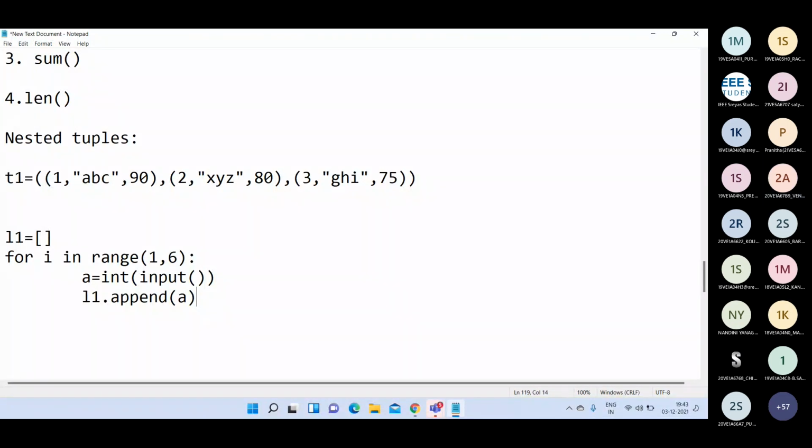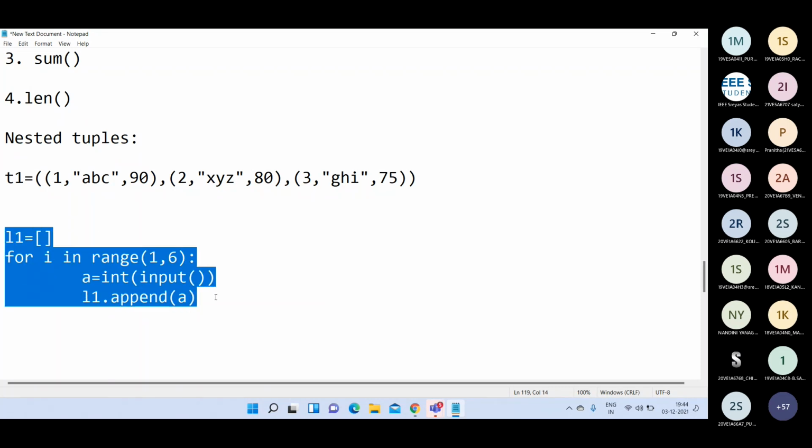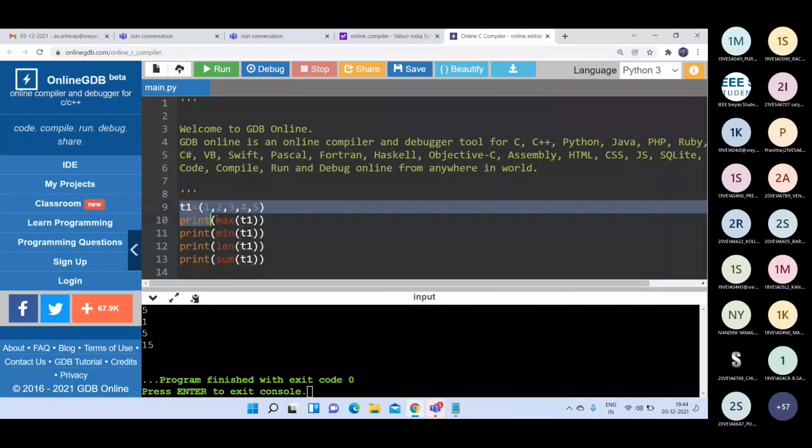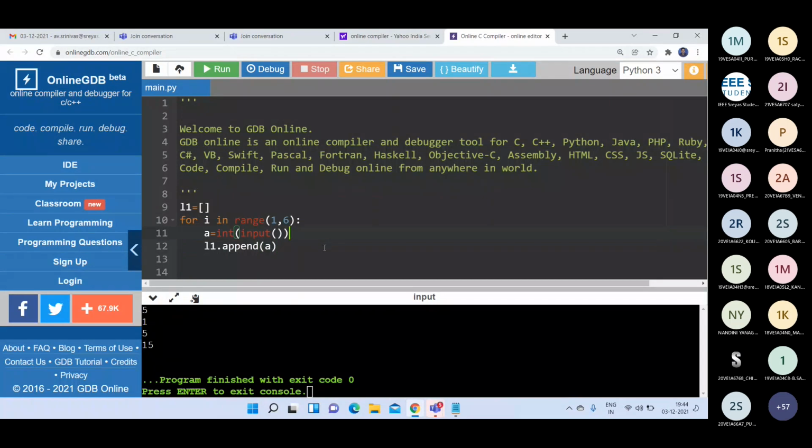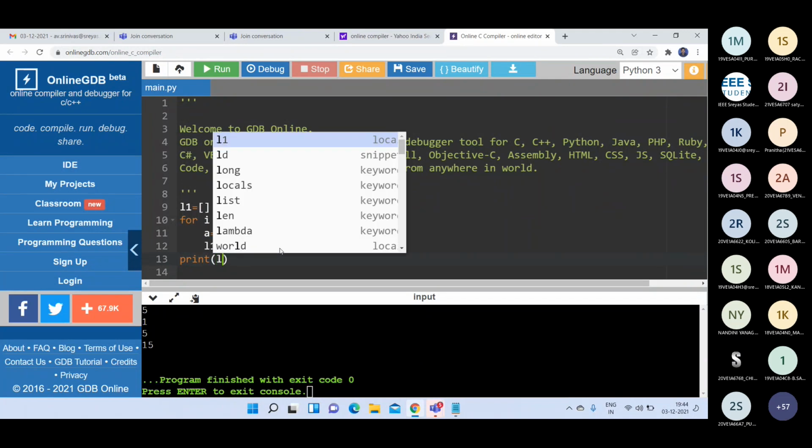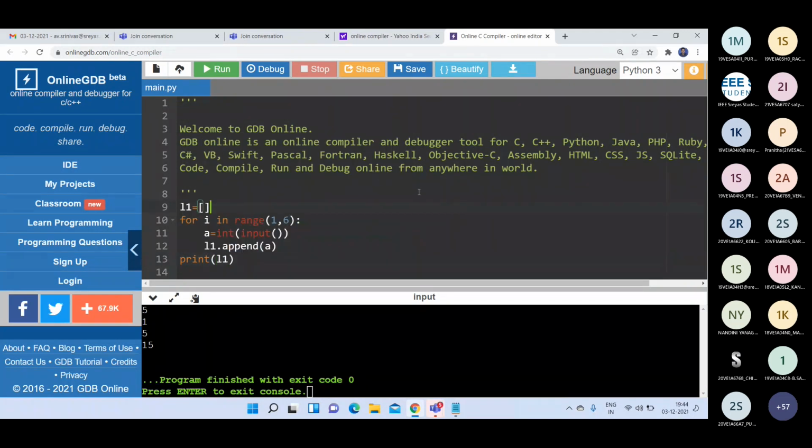Okay, so tuples are immutable objects, so it is not possible to directly read the tuple values from the keyboard. But there is one possibility. You can directly read the elements into a list, and you can convert this list into a tuple. See here. First, I will write the list here. Then, if you print this L1, you will get only list elements. So if I run this, I have to give some values. I have given 4, 5, 7, 8, 9. It is a list. Am I right?